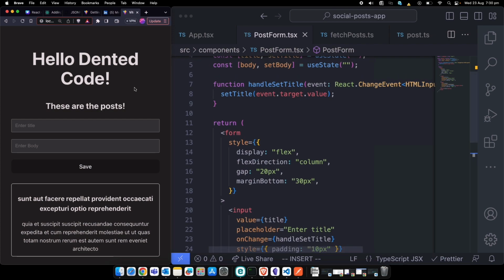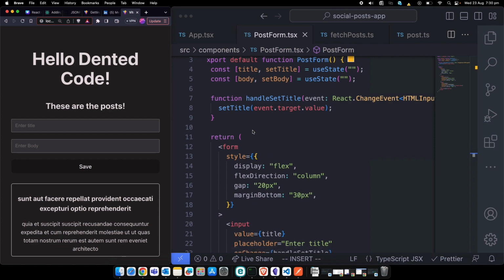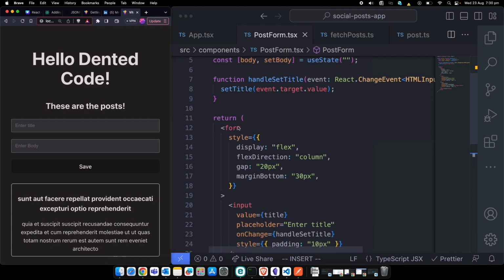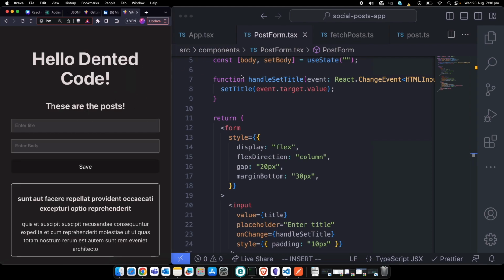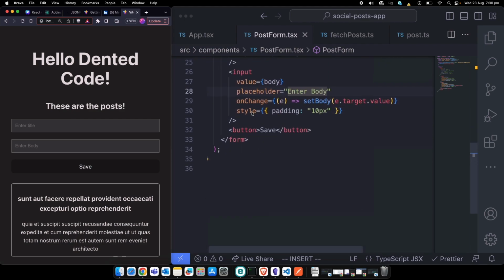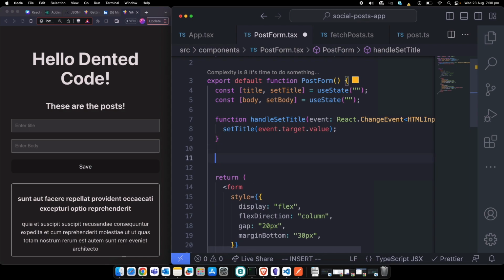Anyone? Why do you think it's getting refreshed? It's a default behavior of form. Yep, that's correct. Because by default, whenever we submit something, we're basically rendering this whole thing, refreshing. So what we usually should avoid is this behavior because we don't want it to be fully refreshed, right? So let's create a function which will say handleSubmit,